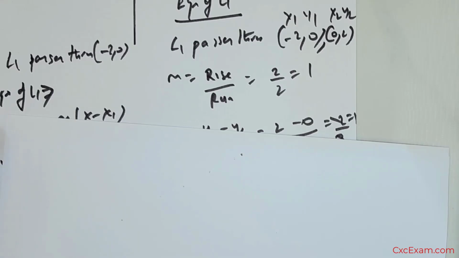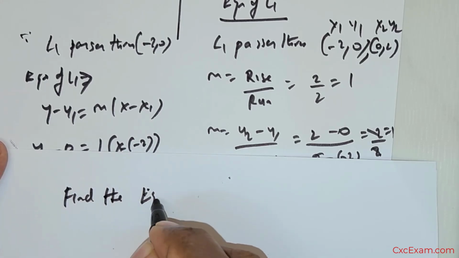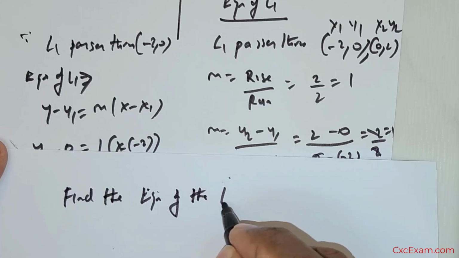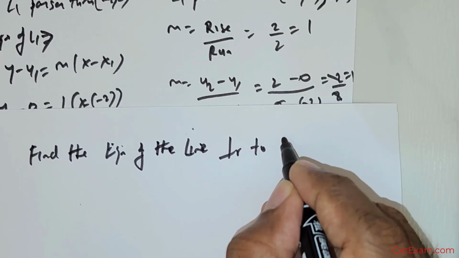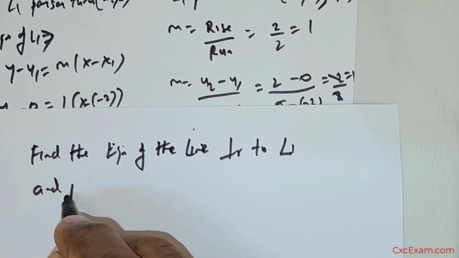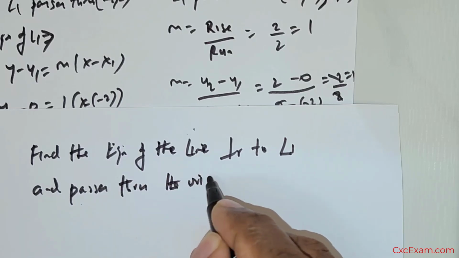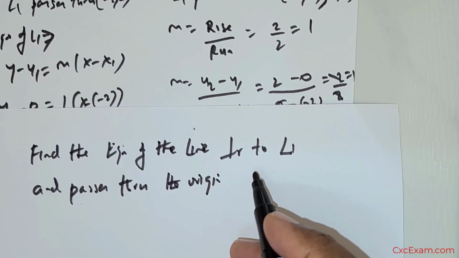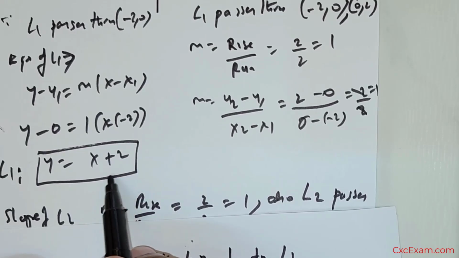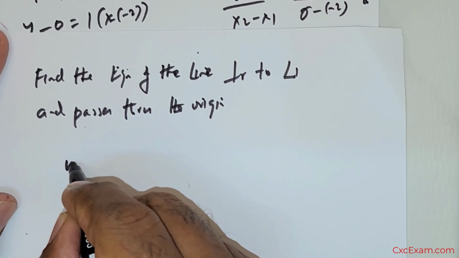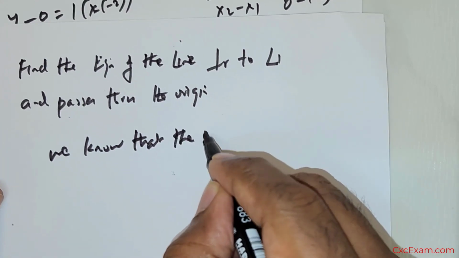So let's move on. Now this is the next question. We are asked to find the equation of the line that is perpendicular to L1 and passes through the origin. Now you see L1, the slope for this is 1. So we know that the slope of L1